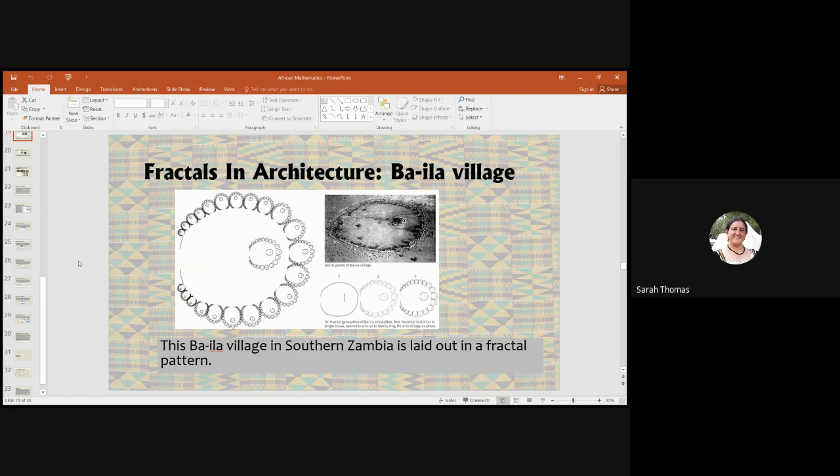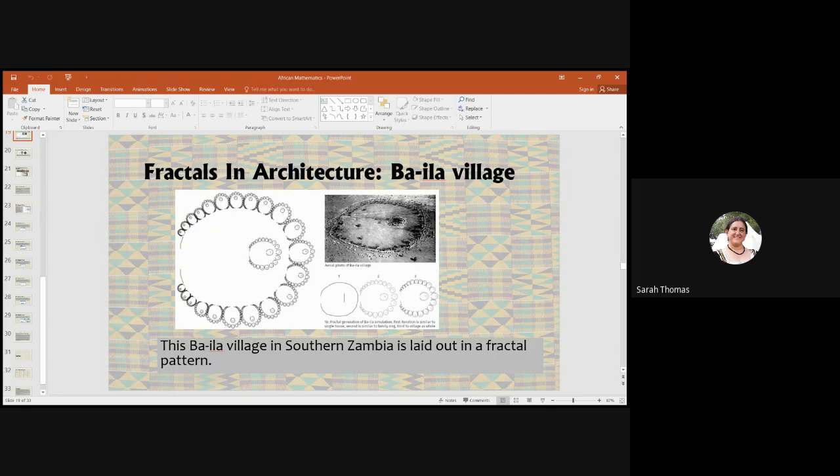about fractals. But the basic idea is that the village is laid out in a ring, and every family grouping has a ring, a sub ring, and then every family in that grouping has a sub ring. And at the center, or well, not the exact center, but like in the middle, there's an altar, or like a common fire where the ancestors are worshipped. And there's a little ring in the center of the village that's for the ancestors, and they have their sacred fire. Sorry, this is the chief's residence. Sorry, and then at the very center is the ancestors.